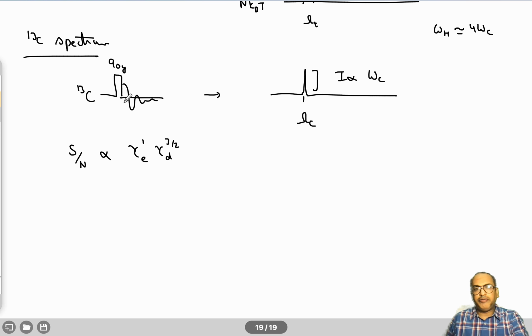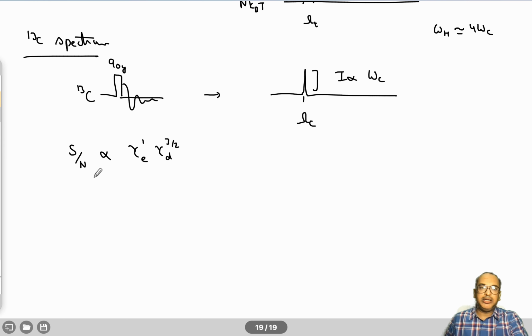Okay, so now if we have to detect C13, we can't do anything. We have to detect C13 because we are interested in getting the C13 spectrum. But what if we can change the excitation nuclei? Here we are exciting C13 and detecting C13, right? We don't have any choice in changing the detecting nuclei, the nuclei which is being detected, but we do have a choice in the excitation nuclei.